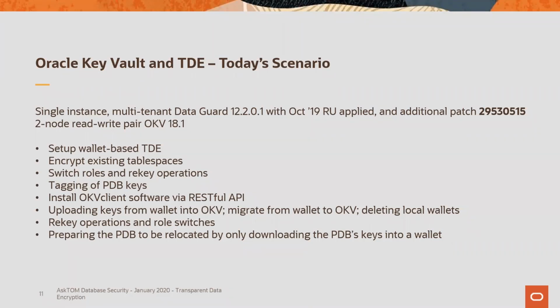So again, here was our scenario today. We set up that wallet-based TDE. We encrypted the existing tables. Oh, actually, we created a table space and encrypted it. We switched roles, did ReKey operations, tagged those PDB clients to know what master keys were associated with the CDB, the PDB, and at which point in time. Peter showed us installing the OKV client software via REST API, which I think is fantastic for enterprise customers. And then again, going through that migration, uploading, and getting rid of those local wallet files. And then we got ready for that next step, so we can do another demonstration on